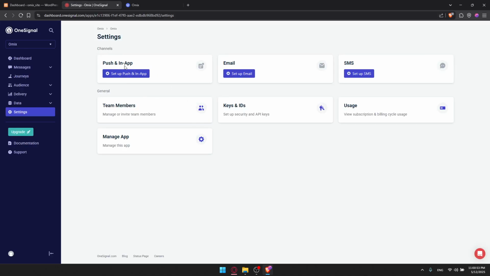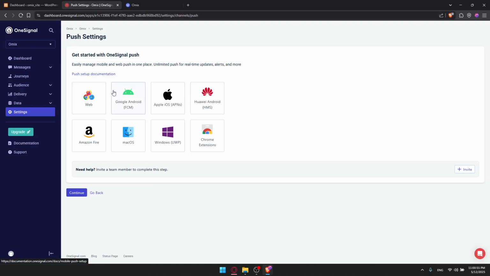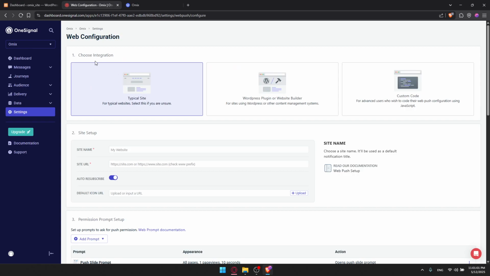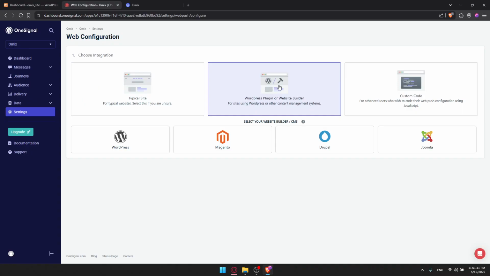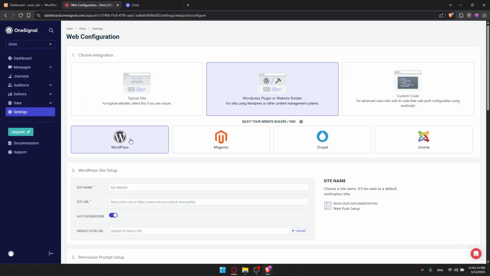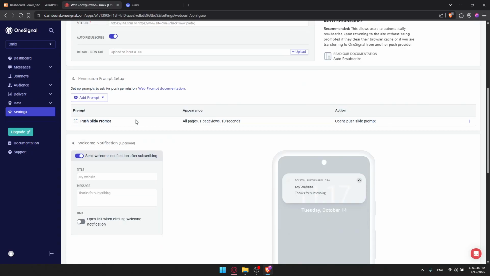So here we'll have to choose push and an app. I'm just going to choose that. I'm going to choose web, of course, because we want to push it in a WordPress website. And here, of course, you can choose the integration. Is it a typical site? For typical websites, select this. And if you are unsure, is a WordPress plugin or website builder. So, example, if it's a WordPress plugin, you can just go to this and click then on WordPress, and here you'll have to enter the